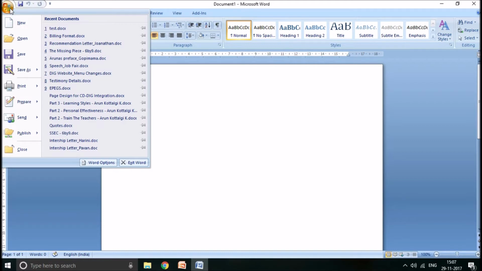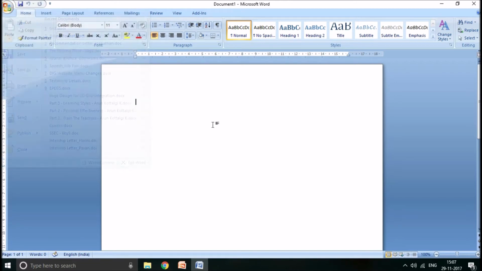Here you can actually do a lot of stuff like opening a new document, saving in a different format, printing, etc. The small ribbon next to that is called QAT, or Quick Access Toolbar. You can quickly save, undo, redo. All this stuff can be done using the Quick Access Toolbar. This space is known as the title bar, where right now Document 1 hyphen Microsoft Word is written.